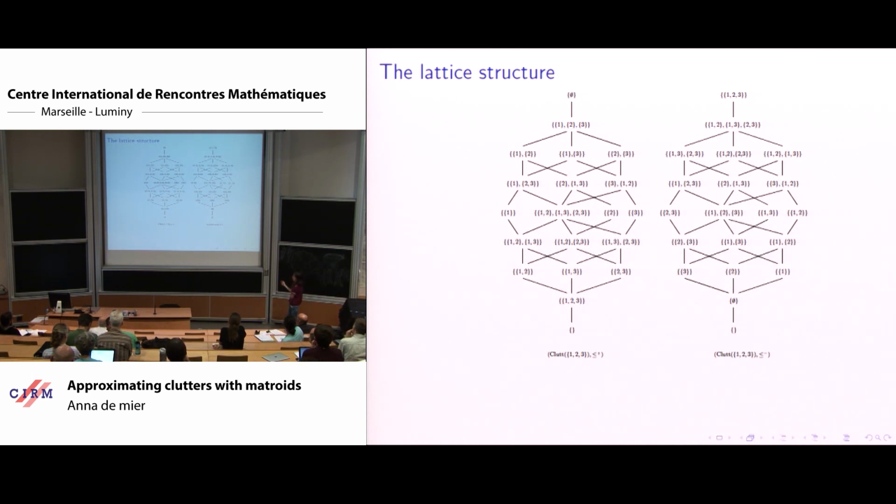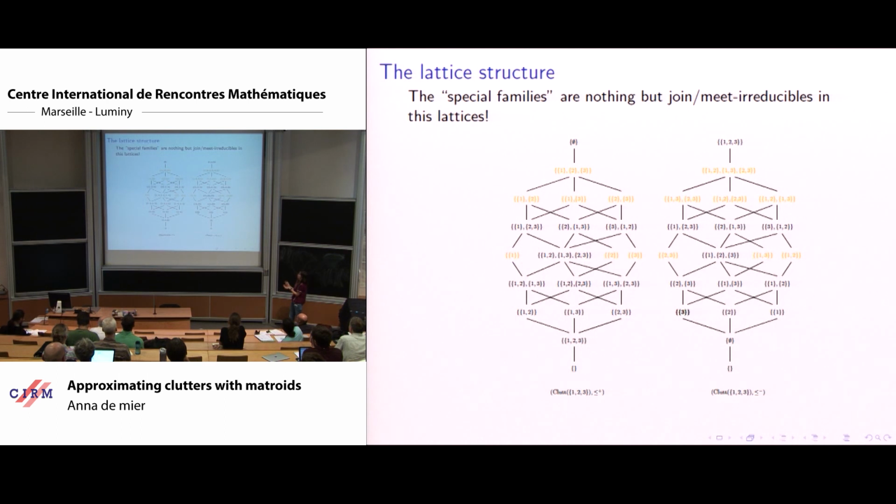So now if we look at those families of clutters that had to be included in sigma in order to get an approximation and this sort of factorization, it turns out that those families were just the join irreducibles or the meet irreducibles in that lattice. And then you go to lattice theory books and they tell you, yes, of course, if you've got all join irreducibles, you must have this